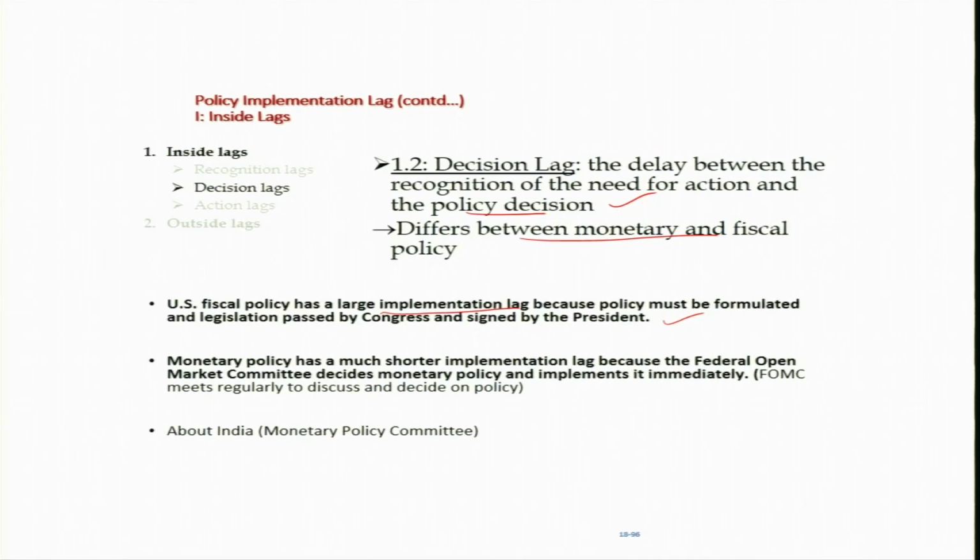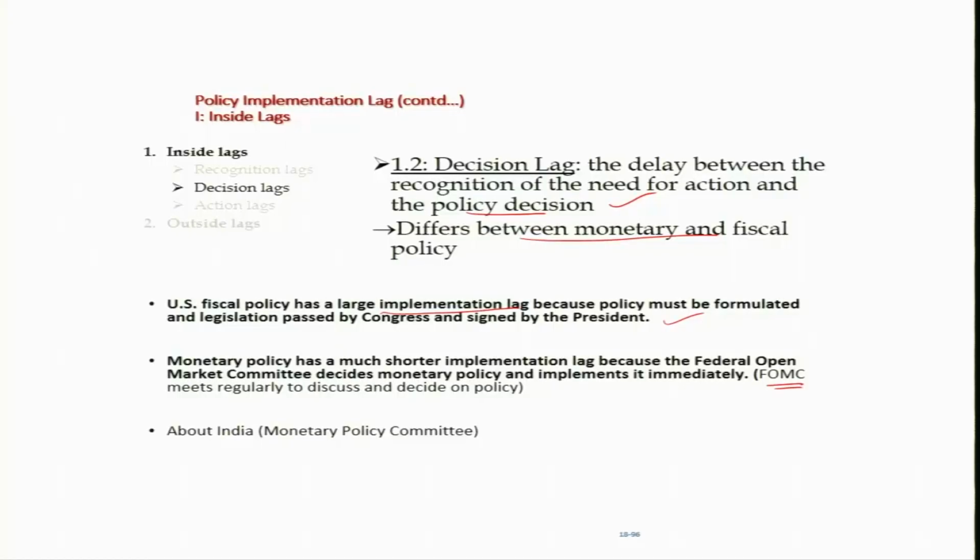In contrast to this, monetary policy is mainly done by the FOMC. They meet 8 times in a year, and in an emergency they meet immediately, so they have a much shorter implementation lag because the FOMC decides monetary policy and implements it immediately. Similarly, in India, the RBI's Monetary Policy Committee decides the monetary policy. So the decision lag is much less when it comes to monetary policy as compared